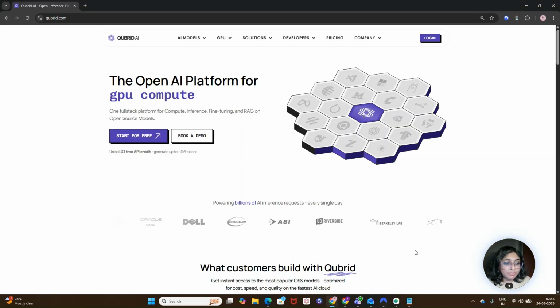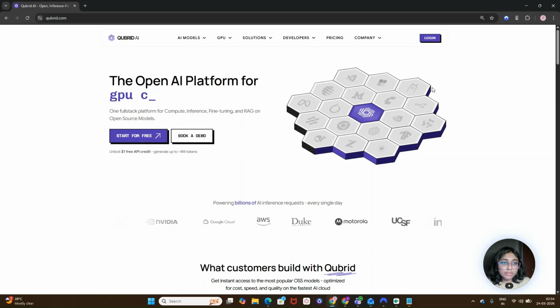So before we jump in, let me quickly explain what Kuberate AI is. Kuberate AI is a GPU infrastructure platform that lets you run, test, and deploy open source AI models at scale without managing any GPUs by yourself. To get started, you can simply add some credits to your account, and on your first top up, you'll receive some free bonus credits which are enough to run inference for up to 4 million tokens depending on the model which you are using. So once you are set up, you can start experimenting right away.